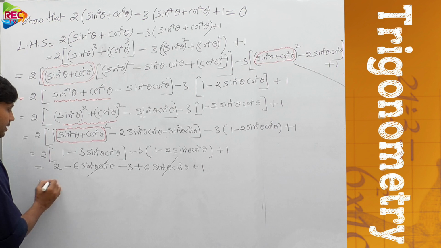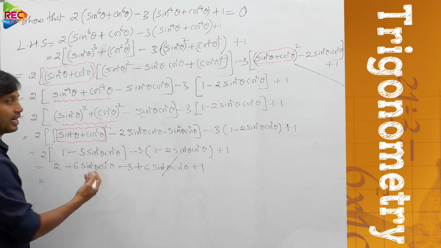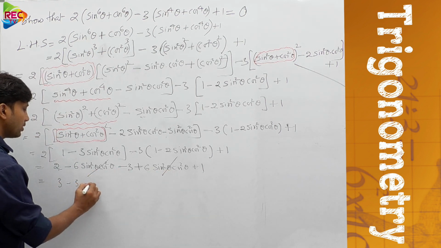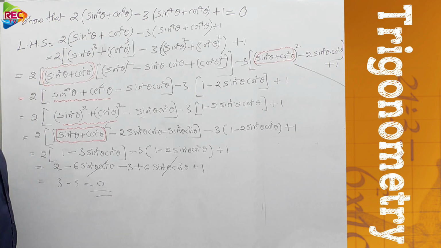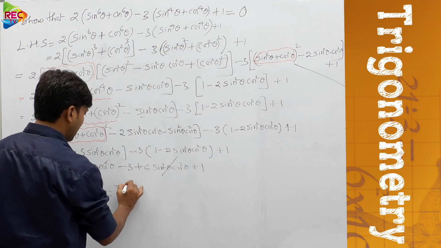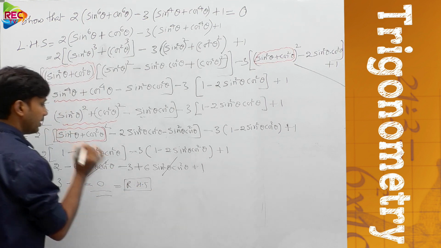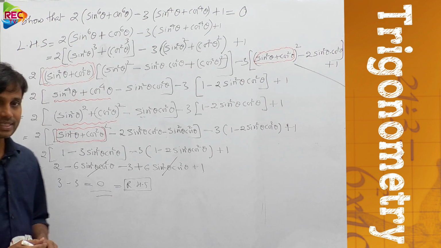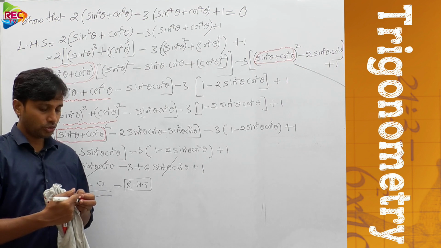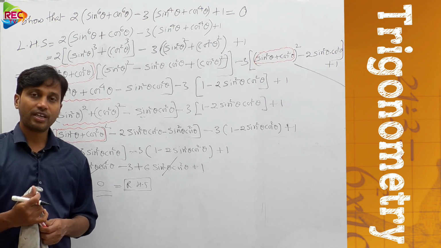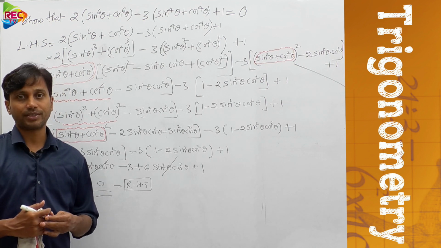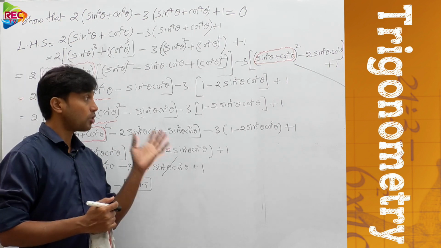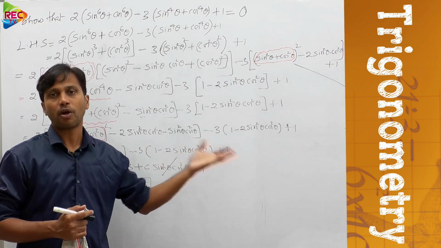Now what is remained over here? This is 2 plus 1, 3, and minus 3 are cancelled or not? You can write 2 plus 1 as 3. Here minus 3 only is left over. So what do we get? 3 minus 3 would be 0, which is our required RHS. Did we obtain or not? This is a very simple problem, but you need to know how to adjust the exponent values and how to use the algebraic identities. Okay, how to use the exponent values is very important. How to adjust the exponent values and how to use the algebraic identities to solve this trigonometric identity based problem.